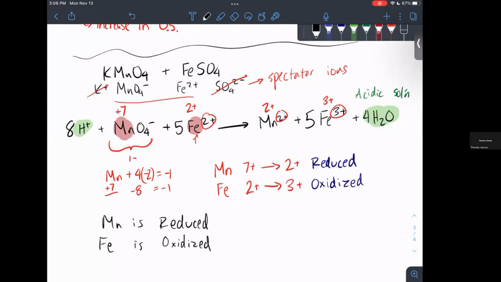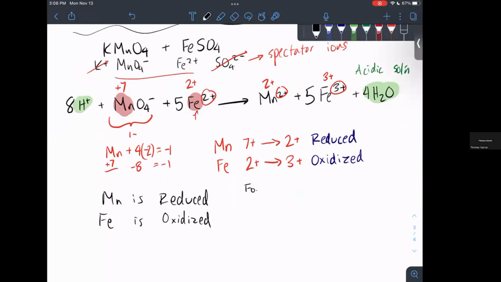And we always talk about these in the forward direction, not the backwards direction. Redox, we're always talking about the forward reaction. All right, for terms to now get more confusing. If manganese is reduced, if manganese is gaining all those electrons, then it is actually what is forcing iron to become oxidized. So not only is manganese reduced, but the compound as a whole, MnO4 minus, is the oxidizing